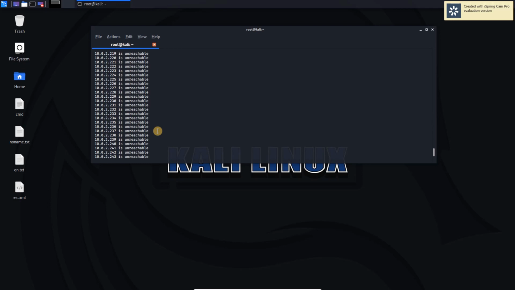We can also use a text file to scan the IPs. For that, let's first create a text file. Let's clear this.